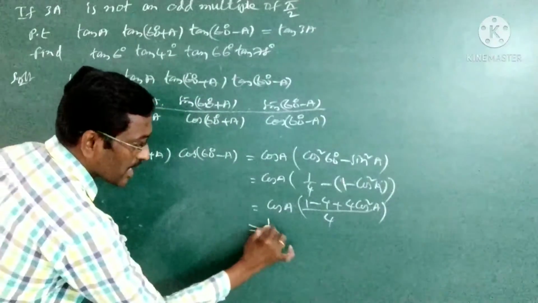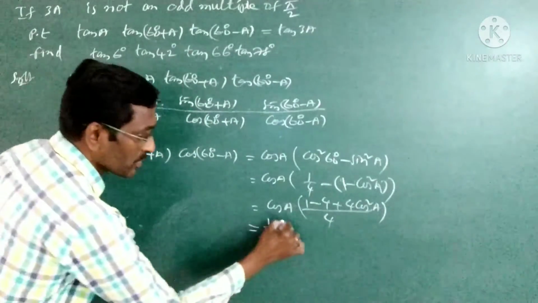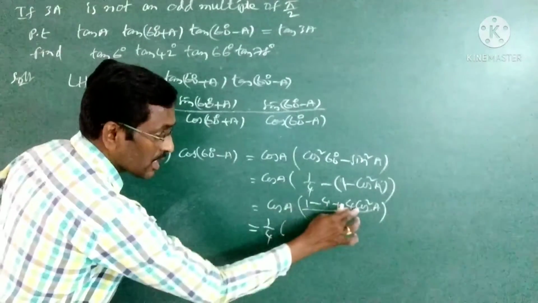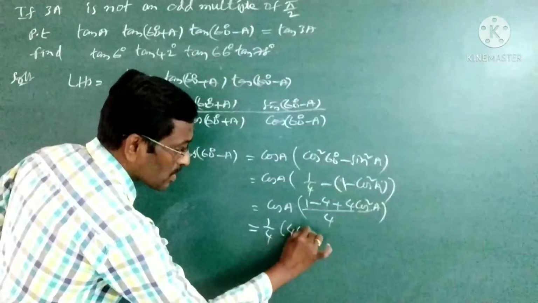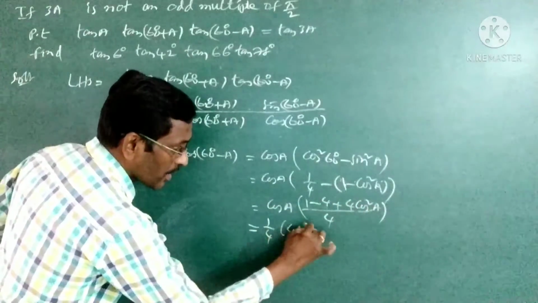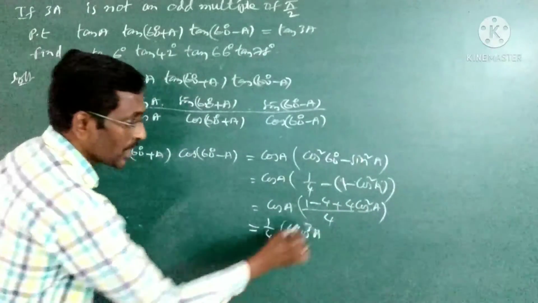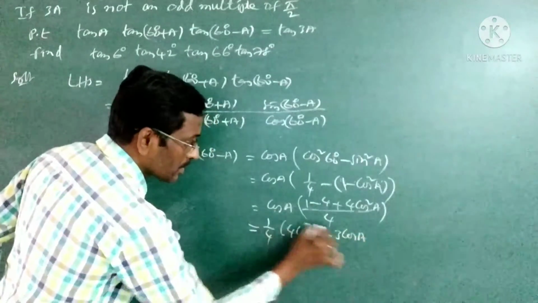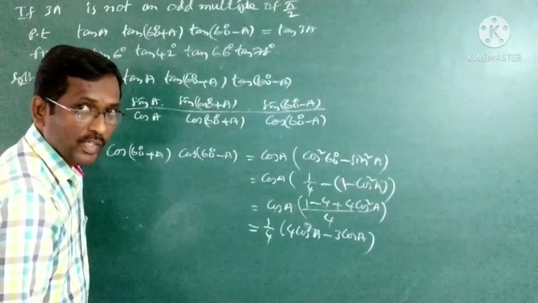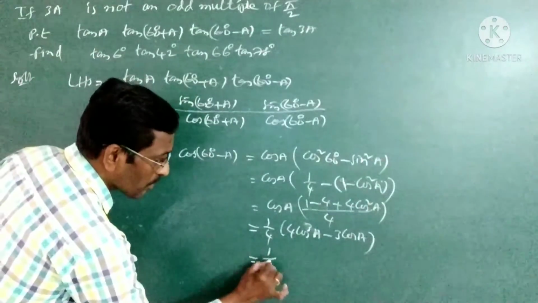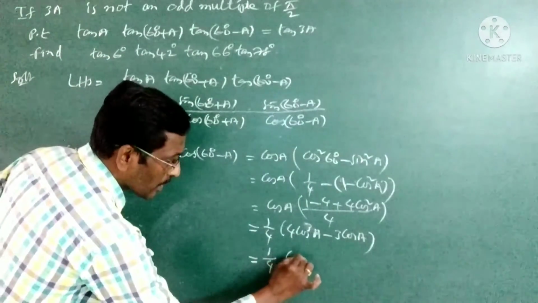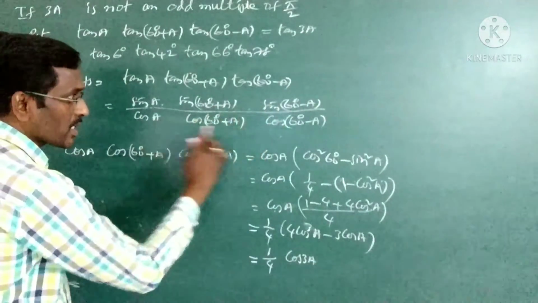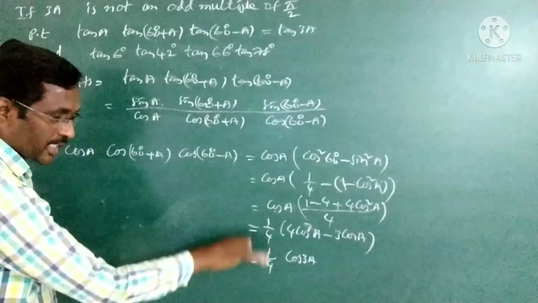So finally you can say it is 1 by 4 of cos a multiplied by what is inside. Before that it is a minus 3, it is plus 4 cos square a into cos cube a. Again it is minus 3 times cos a. So what is it? It is the cos 3a formula only. Write the value 1 by 4 into cos 3a. Now we got this numerator result and denominator result. So find the results like this.